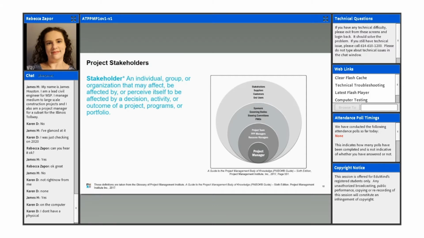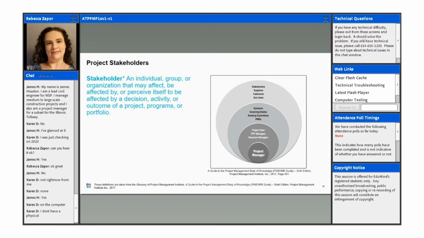So stakeholders have a stake in the project and its deliverables, right? So the project manager really needs to work with the team and identify the stakeholders early in the project and plan for their engagement, plan how they're going to be managed, and also throughout the project monitor their engagement. Stakeholders need to be engaged along the way throughout the entire project because they can help or hinder a project's